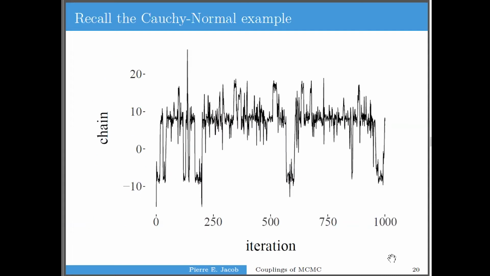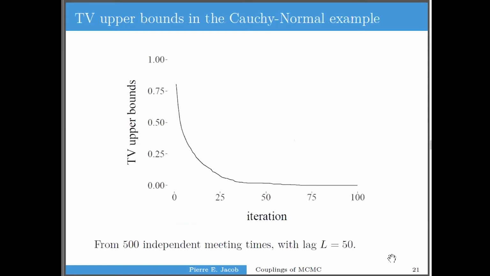So back to that example, just to be concrete. We take that chain, and from this, it wasn't obvious how many steps it takes to reach stationarity. But if we generate lots of coupled chains until they meet, and employ the meeting times in our upper bound, we obtain a curve like this, a very concrete curve that suggests that, of course, under the hope that the expectation is well approximated by the sample average,